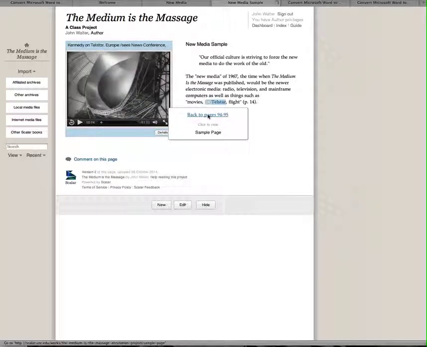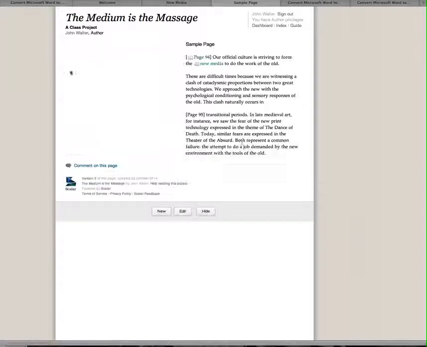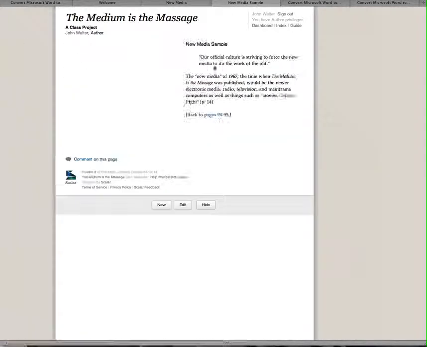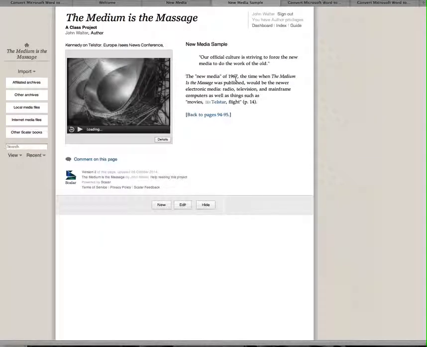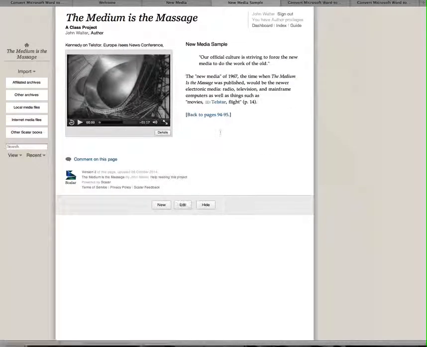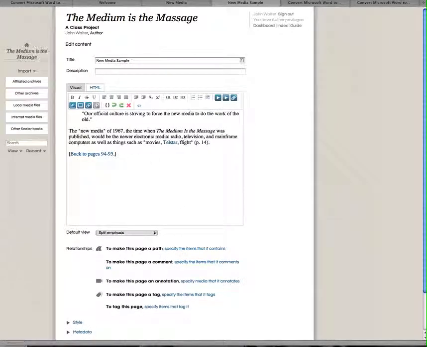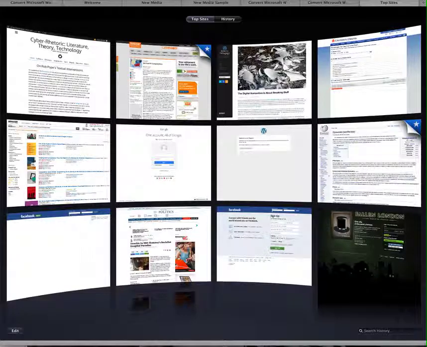We can also click this and this will take us back to the original page. And again, we could go back to the page we just made. And of course, if we wanted to, edit here. And let's say, let's come over here real quick and do,